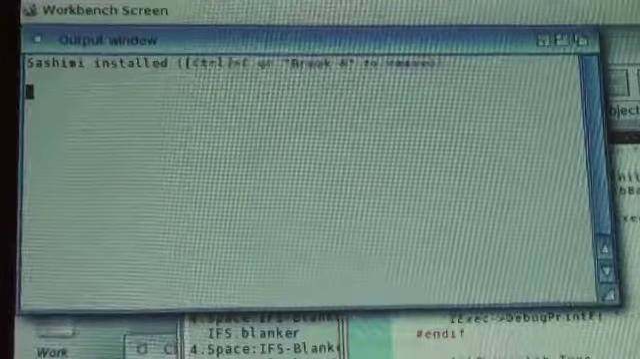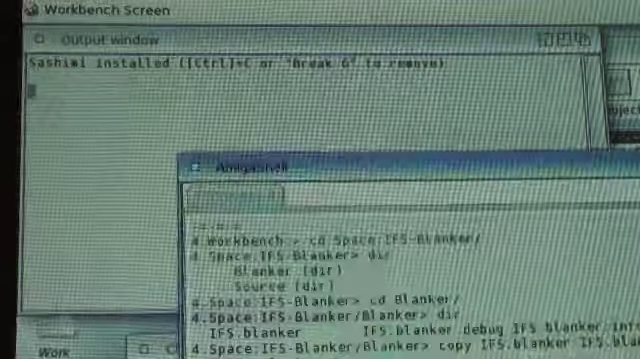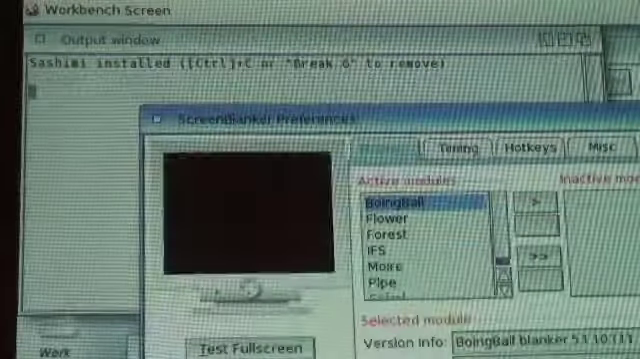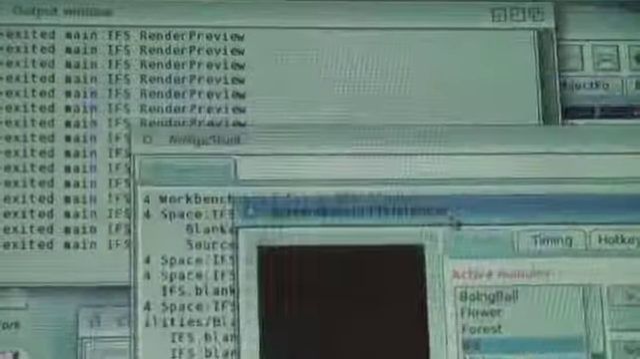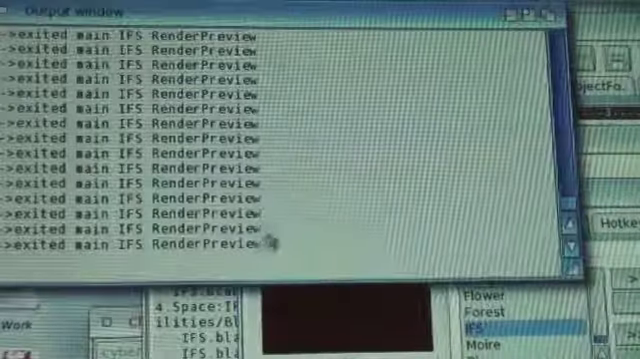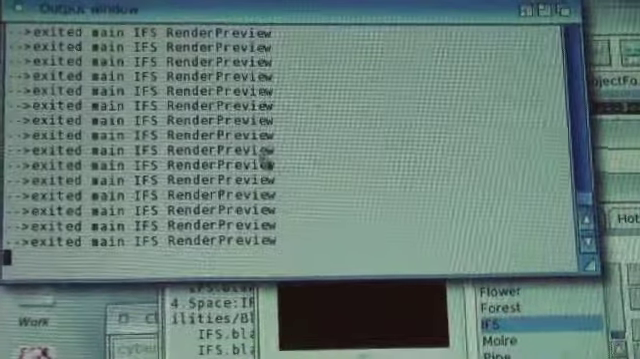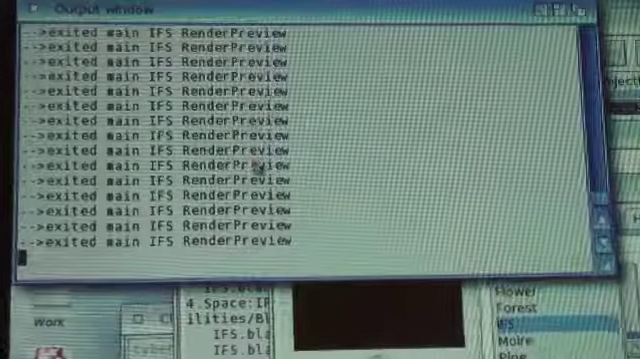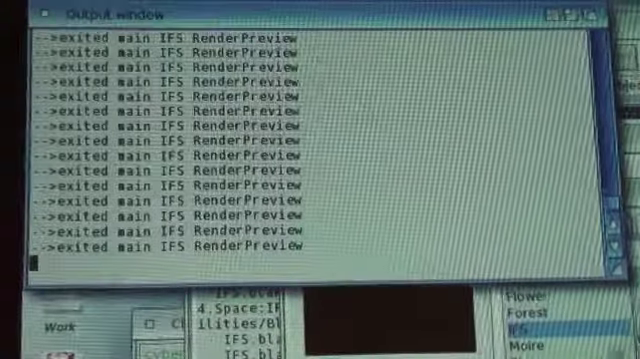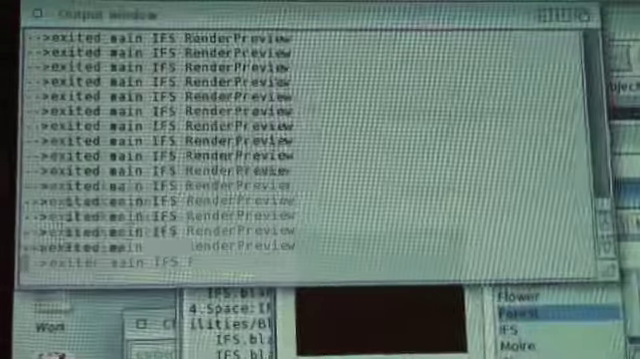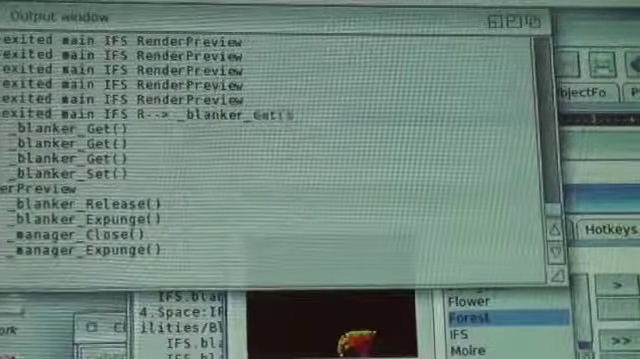Okay, so now if we go back to our ScreenBlanker engine and we click on IFS, we start getting a lot of debug output. Remember how I turned off the render preview and set it to 8 ticks? It's just spewing data out the port. So if I actually hit forest, it'll stop and we get some real data. I'm going to fix that